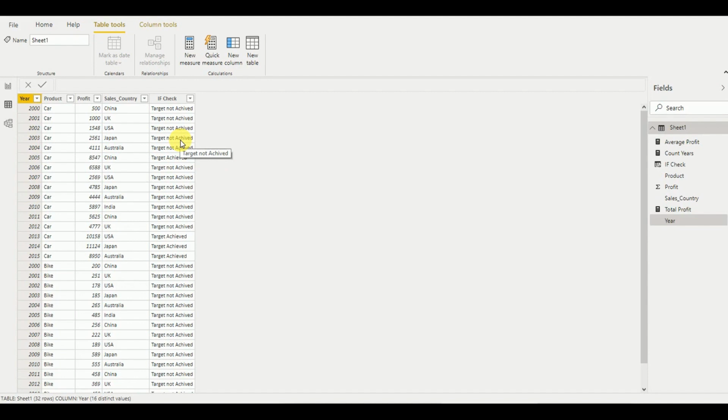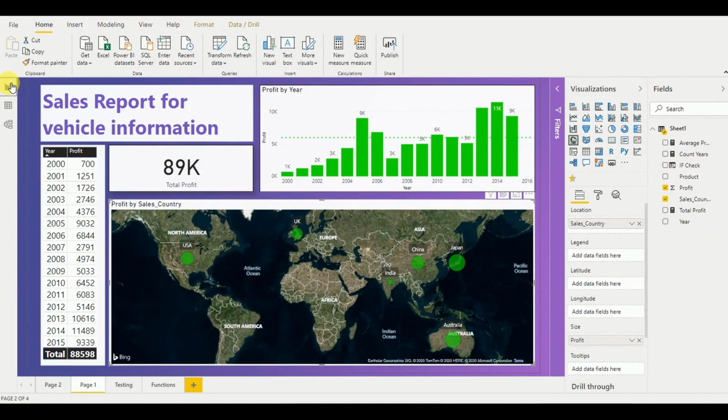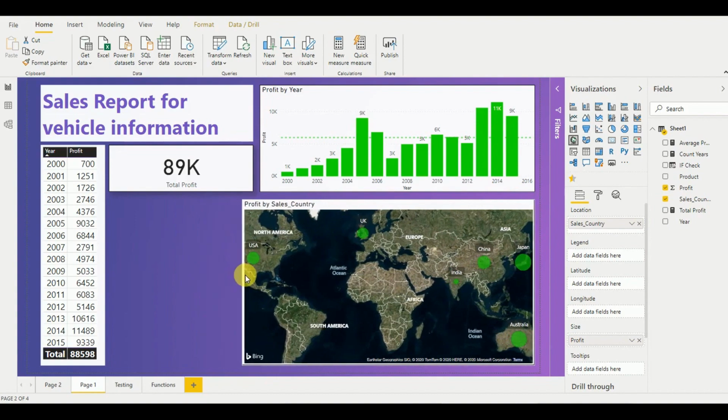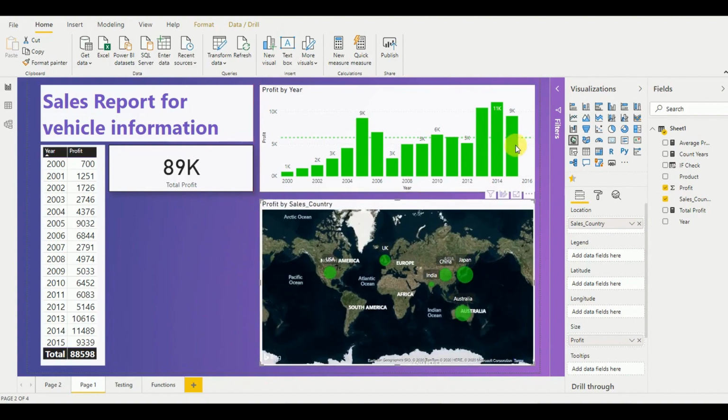Let's see how we can show this in a better visualization in my Power BI dashboard. When I go to the dashboard, I'm going to add this if check column in a better way. For that I will introduce you to a pie chart visualization. I go to visualizations and add a pie chart.